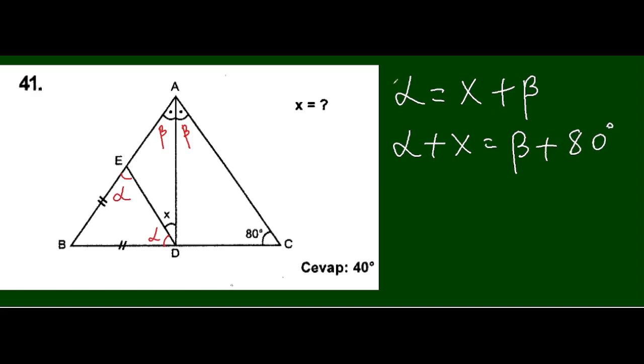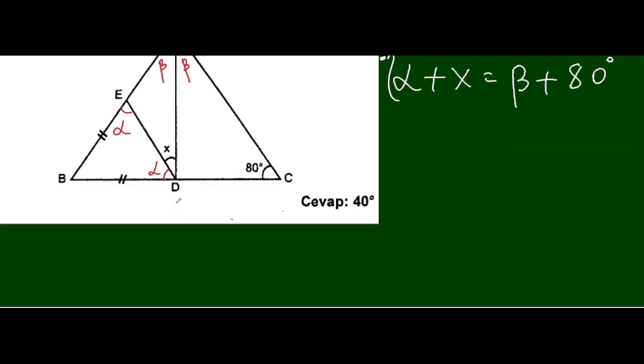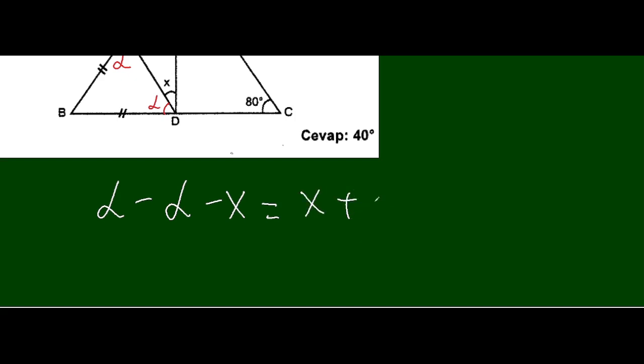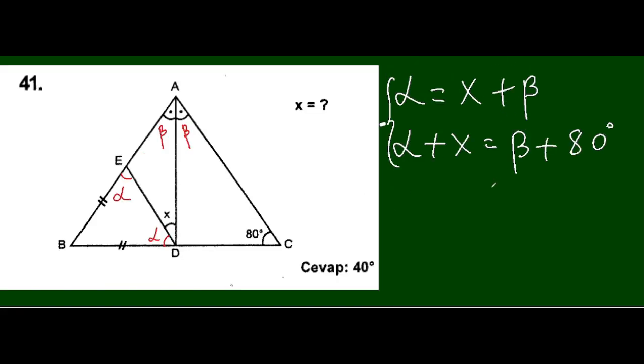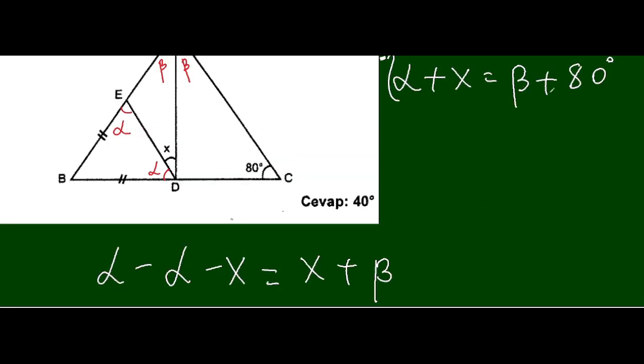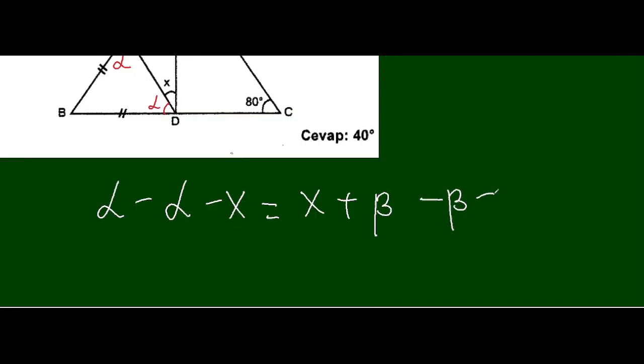So we will just subtract the two equations, and on the left side we'll get the first one minus the second one. Alpha minus x will be equal to x plus beta, and the second part on the right side is this minus beta minus 80 degrees. So here beta and beta will be cancelled, alpha also will be cancelled, and we'll get